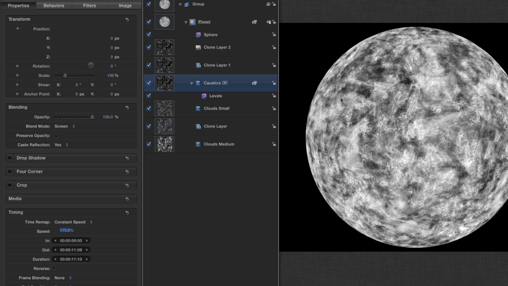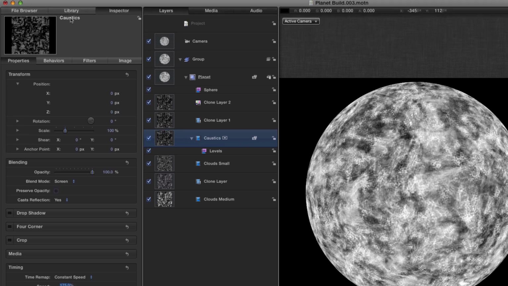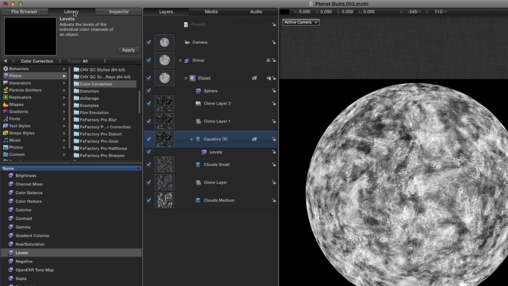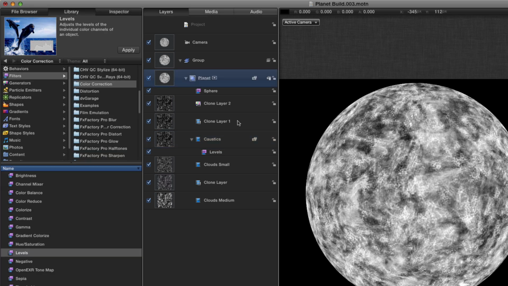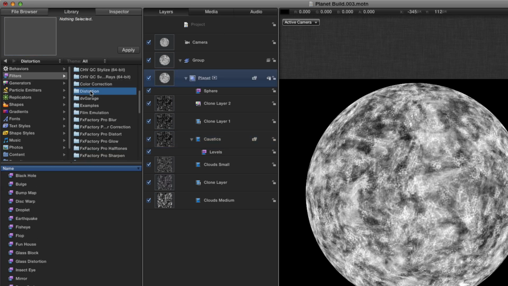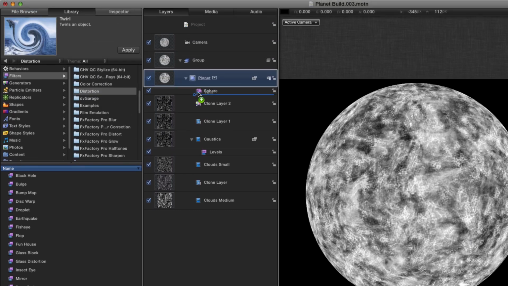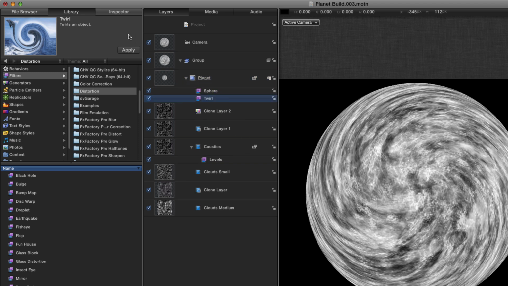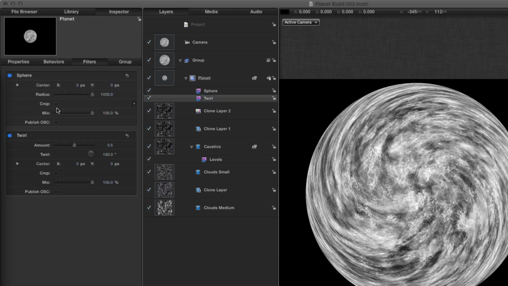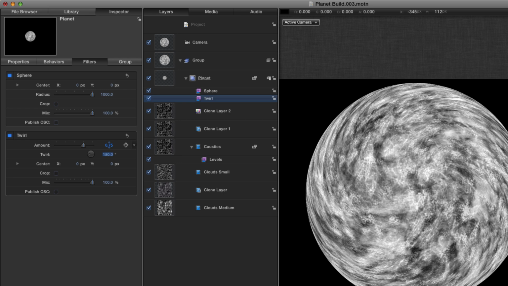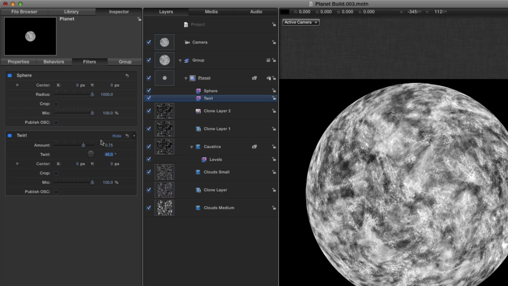Next thing I want to do is animate the effect of the planet rotating. And I'm going to do a little bit of a cheat in order to achieve that. I'm going to select that planet group, come to Filters, Distortion, and use the Twirl filter, and I'm going to drag it down below that sphere. Come to the inspector, and I will set the amount to 0.75, the twirl degrees to 45 degrees, and then